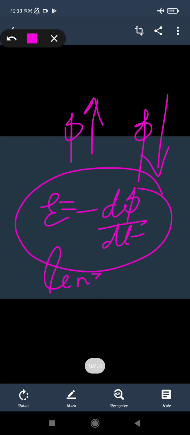Okay, and what Lenz's law tells us is that the direction of the induced current is such that it opposes whatever the cause of the induced EMF in this conductor. So the EMF will oppose its own cause. It opposes the change in the magnetic flux. So if you are increasing the magnetic flux, the induced current will decrease the magnetic flux. So it will oppose the change in the magnetic flux. This is proportional, but in the opposite direction, since it is opposing. So this is what Lenz's law is, right?